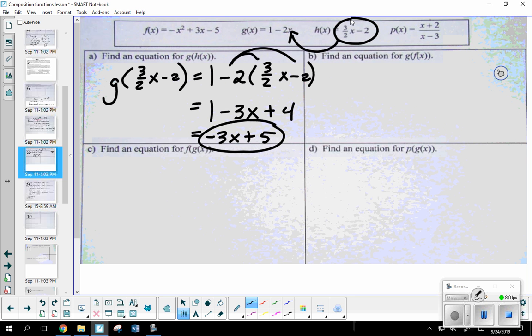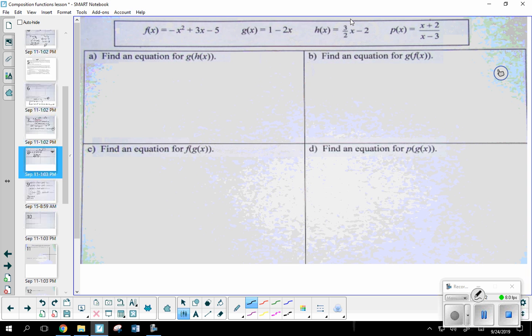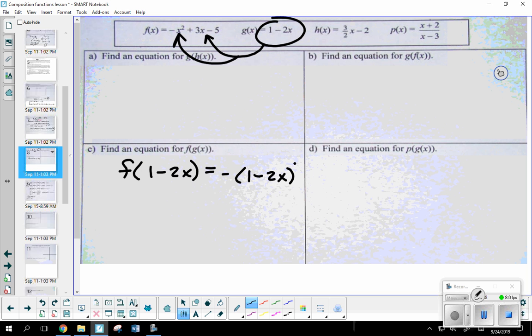Now I would like to go ahead and try C because it's very similar to the one we just did a moment ago. Find an equation for f of g of x. So am I plugging equation f into g or g into f? G into f. G is the inside function. So every x in function f is going to become this 1 minus 2x. So f of g of x, f of 1 minus 2x equals, so negative